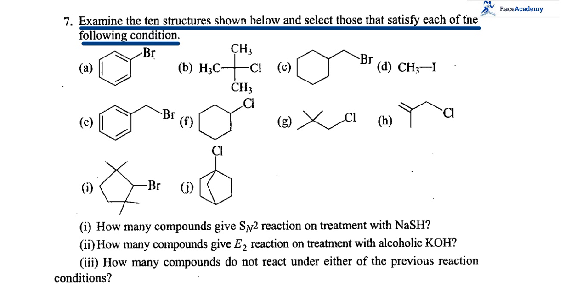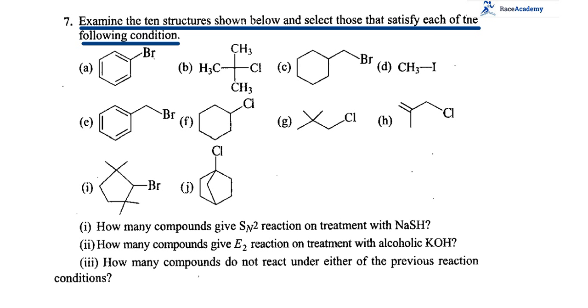Now, what they are giving is: A, one benzene ring with bromine; B, one tertiary halide; C, a cyclic compound linked with an sp3 carbon, bromine is there; D, methyl iodide; E is benzyl bromide; and F is chlorocyclohexane; and G is